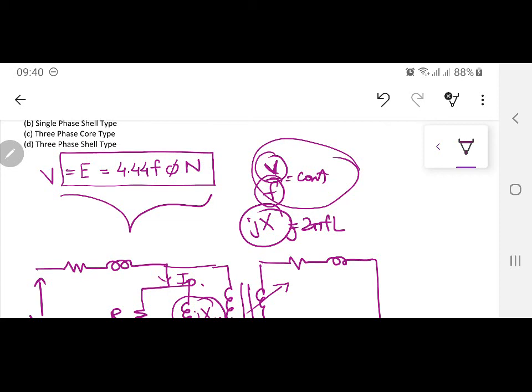What this formula is actually telling you is that the applied voltage on any of the windings is equal to 4.44, again a constant, times frequency, flux, and number of turns. I will come to the proof later. Now the frequency is fixed at which you are working. The flux value can be determined on your selection, that is, what value of flux you want. But again, this is not just your prerogative, it is also a design value. So when you know all these values, you can find out the number of turns.